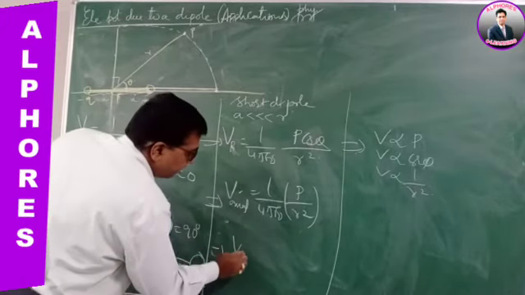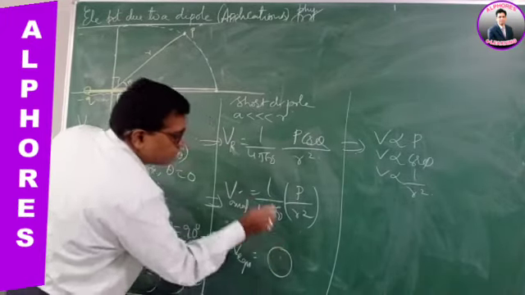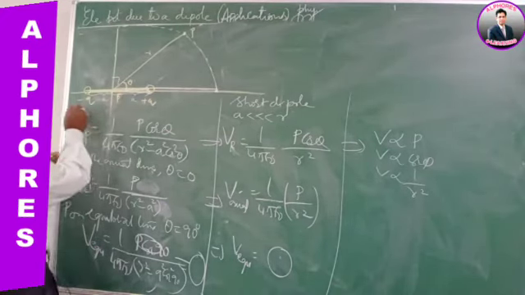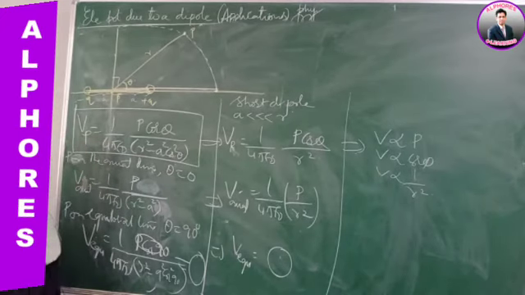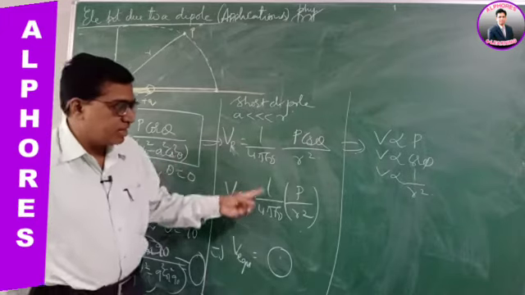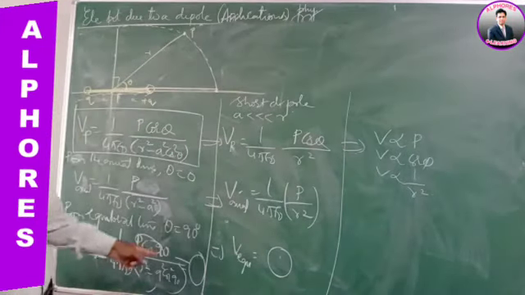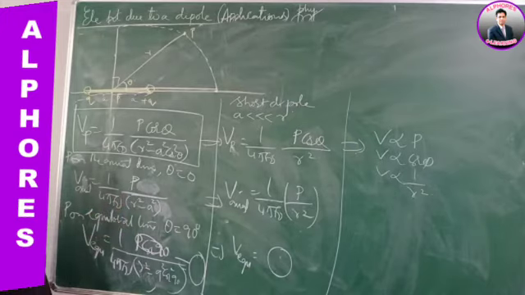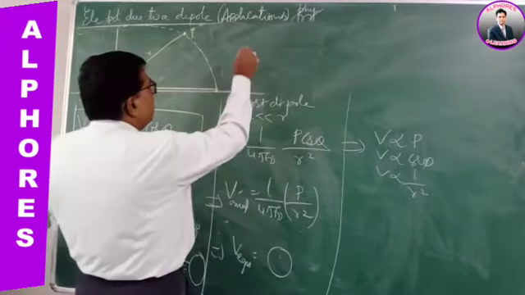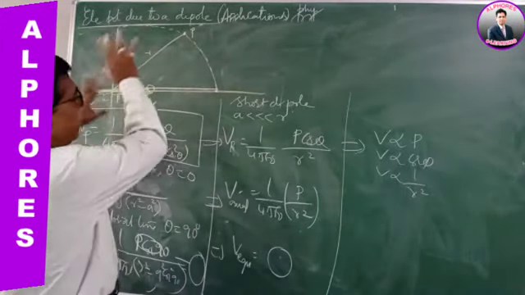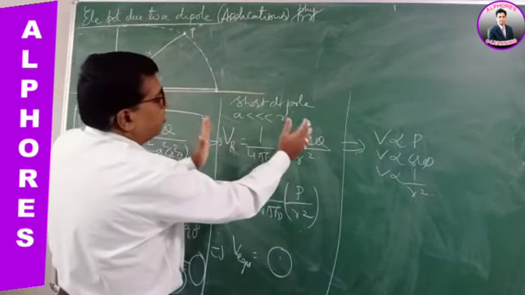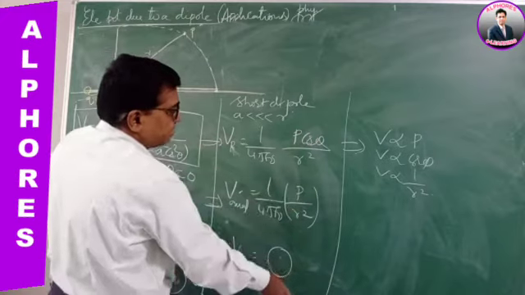So on the equatorial line, whether it is a short dipole or any dipole, the potential is 0. Generally, the formula for the potential at any arbitrary point is P cos theta by R square minus A square cos square theta. For a short dipole it is like this. On the equatorial line it is 0. On the axial line it is like this. For a short dipole A is negligible, A is not considered. So the potential due to a dipole at any arbitrary point, the general formula, axial line, equatorial line, and for a short dipole, where A is very much less, these are the formulas, and that is